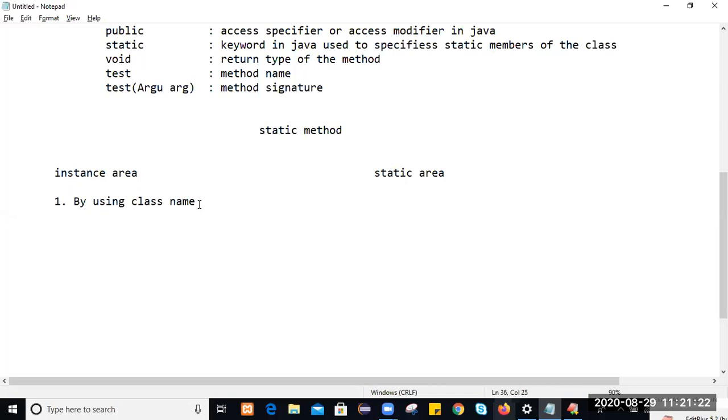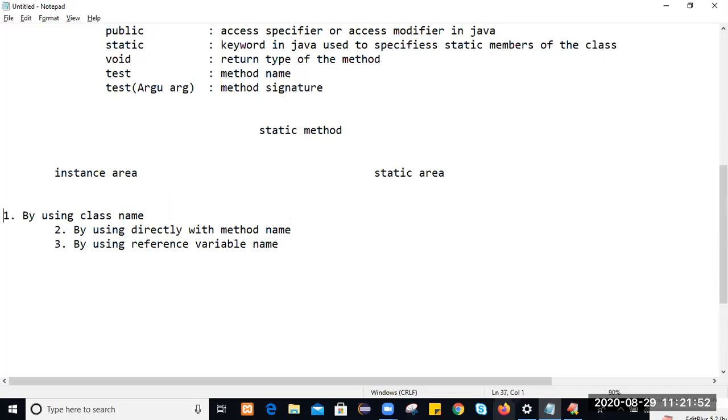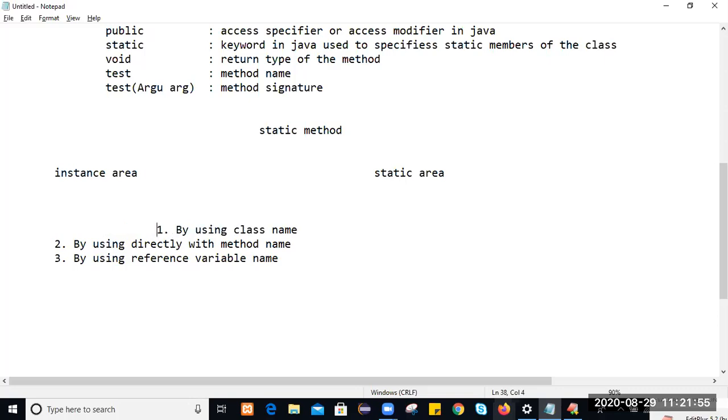Second, directly with the method name. And third, by using the reference variable name. But always remember that when you try to access members of the class by using a reference variable name, what will happen?